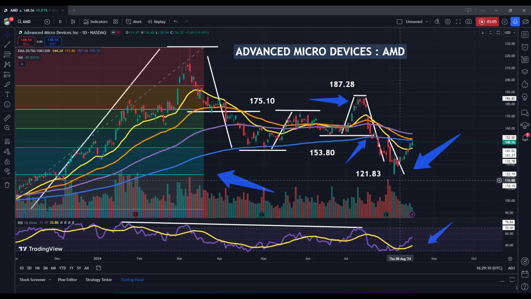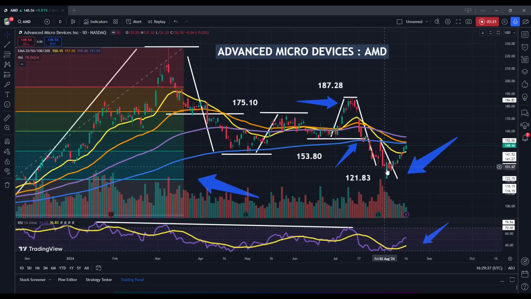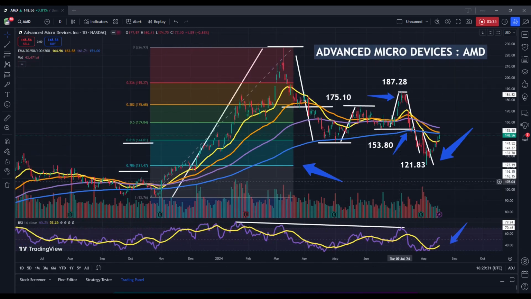If we were to see prices move into this area and fail to bounce from that area, that would be a very negative event for the stock, and it would suggest that we're likely to see much lower prices, probably well below the $100 mark. Of course, we're not there yet. This level did perform to the top side, so this does show that 121.80 is a very important level of support here. If you look back on this price chart, you can see that we did point to this level